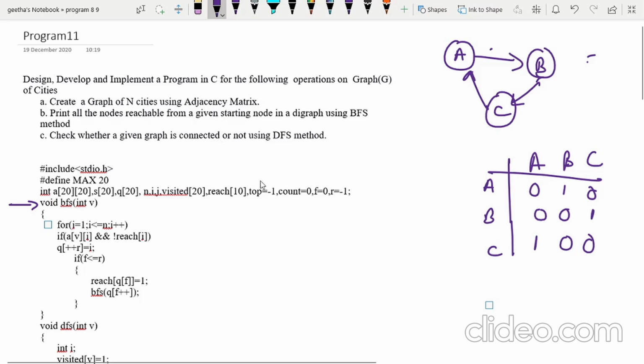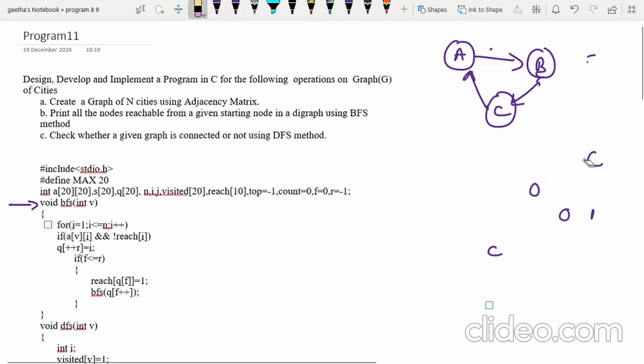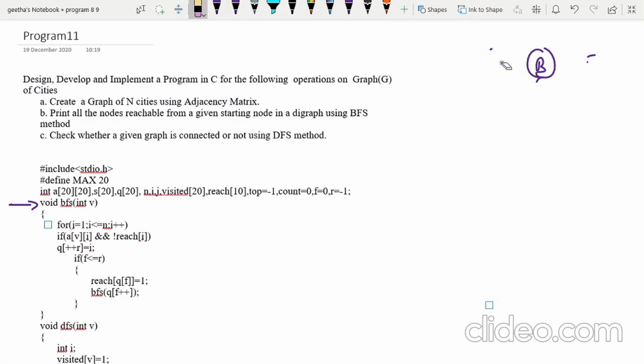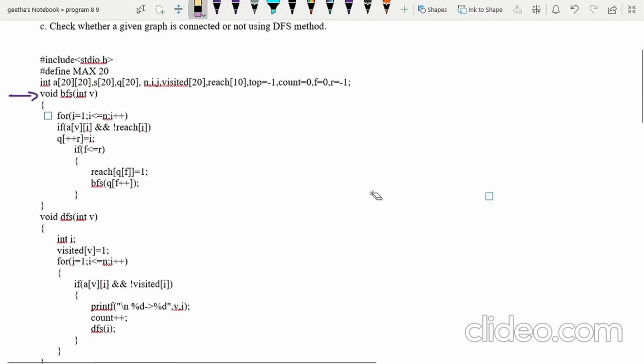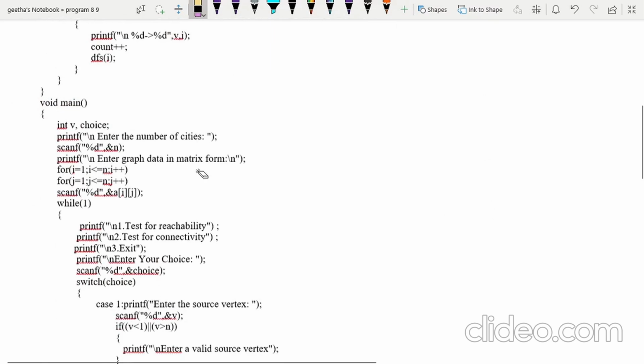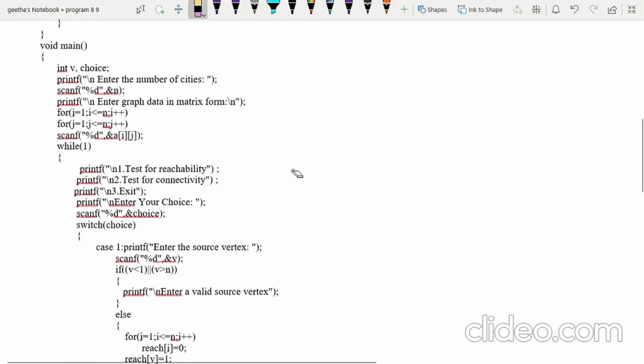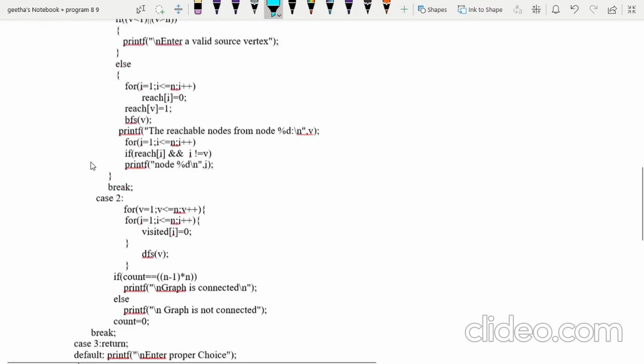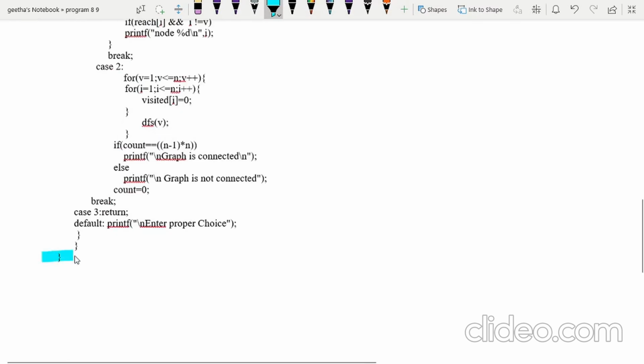Okay, now we'll see the program. Let me start the explanation from the main program, where main starts from here. void main is the beginning, and this closing flower bracket is the ending of main.